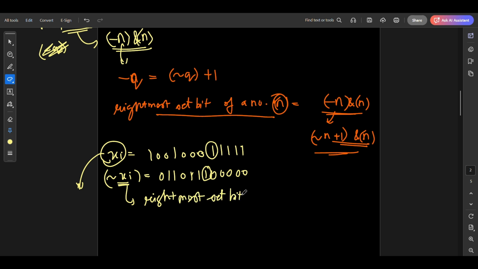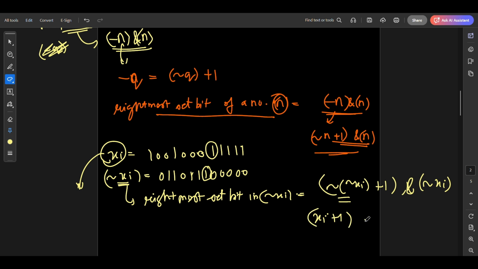The rightmost set bit in invert of xi will be equal to invert of invert of xi plus 1, and invert of xi. And what does this mean? This means xi plus 1 and invert of xi. And somehow by this value we have found